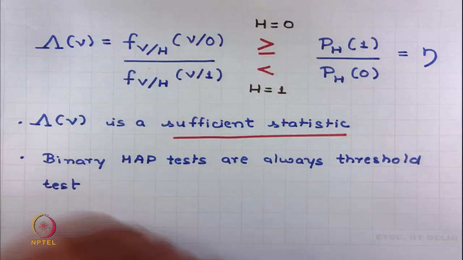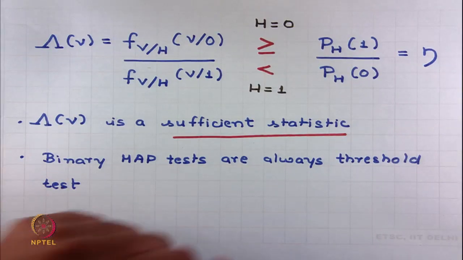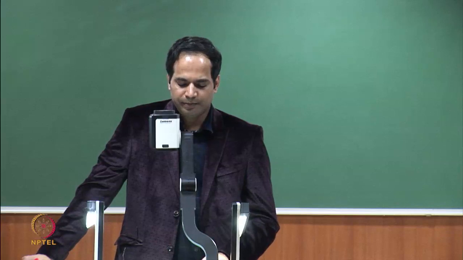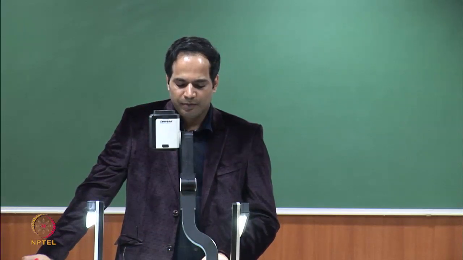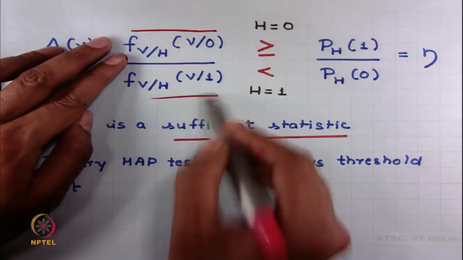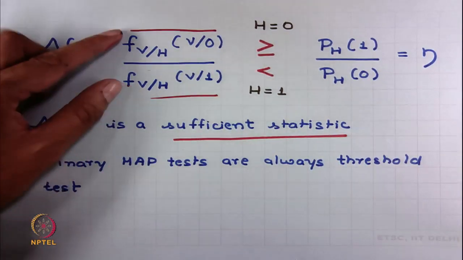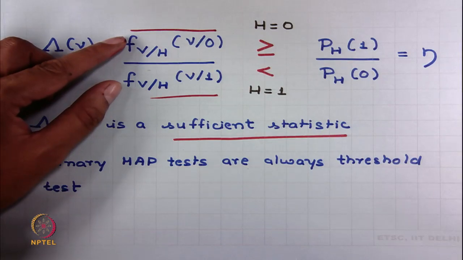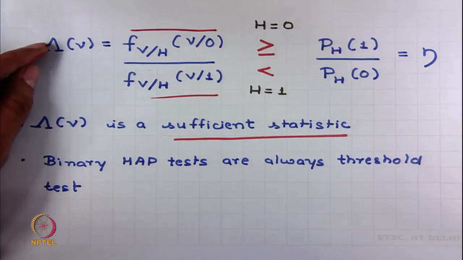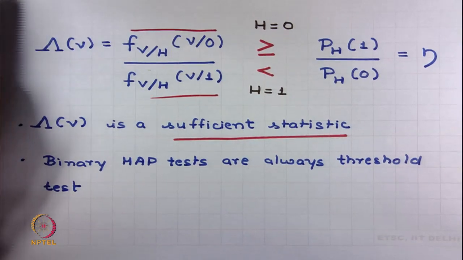The ratio of likelihood is a sufficient statistic for a detector to decide on the hypothesis. And this does not look like a great saving at this moment, because this is one number, this is another number. You are saying that instead of dealing with two numbers, I am dealing with one number,